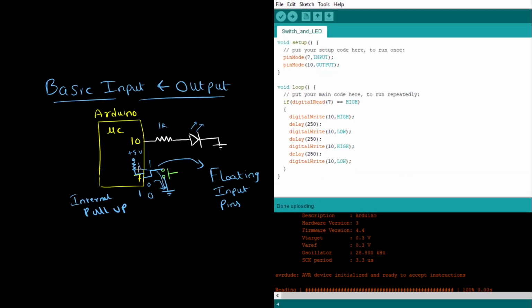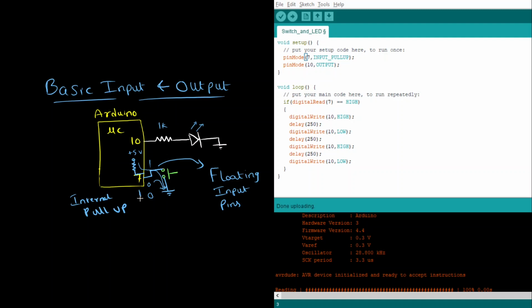So now let's go ahead and see what changes are required in the program to make this work. In the setup, the first thing we did was configure pin 7 as input, right? Instead of configuring pin 7 as input, there is one more value which we can provide here, which is called INPUT_PULLUP. So if you configure pin 7 as INPUT_PULLUP, then you can see here this pull-up resistor internally for pin number 7 will be enabled. That means as soon as you enable this pull-up resistor, and you read the logic value at pin number 7, the value will be 1.